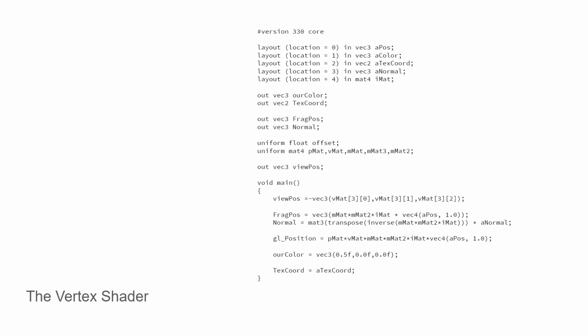and that the position is part of that matrix. The camera isn't rotated or anything at all, so I was able to just grab the position from that view matrix, which is what this weird line is at first. If you're ever looking through these shaders and wondering what is going on, that's just pulling out the X, Y, and Z position, the translation from my view matrix, and I use that as my view position rather than adding yet another uniform variable, which I could.